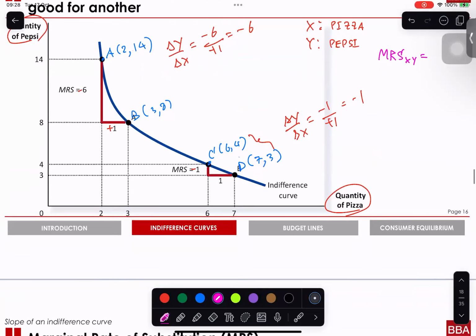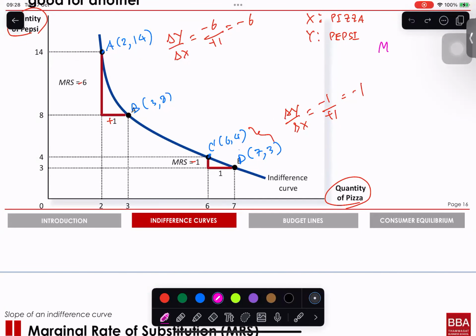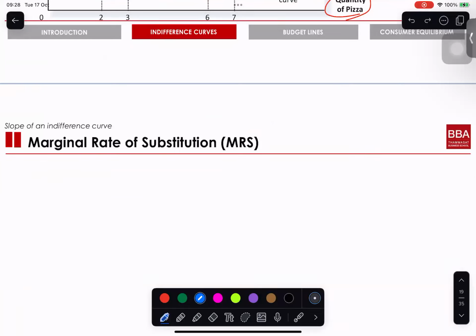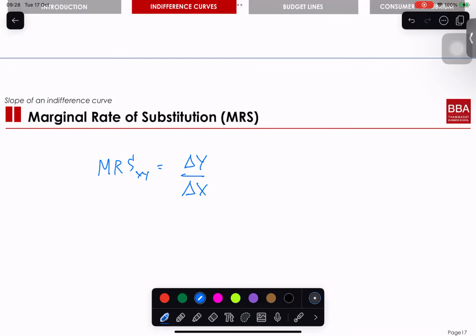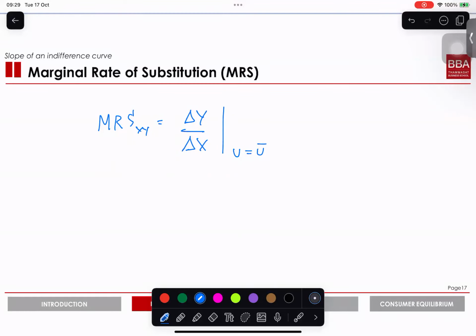Let's put this into the next slide then. This term is quite important. Marginal rate of substitution, MRS_XY, is the change in amount of good Y divided by change in amount of good X, to keep utility constant. Let me add a little bit more on this, such that